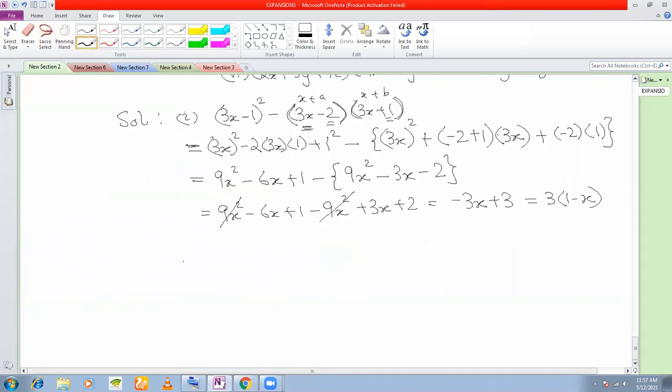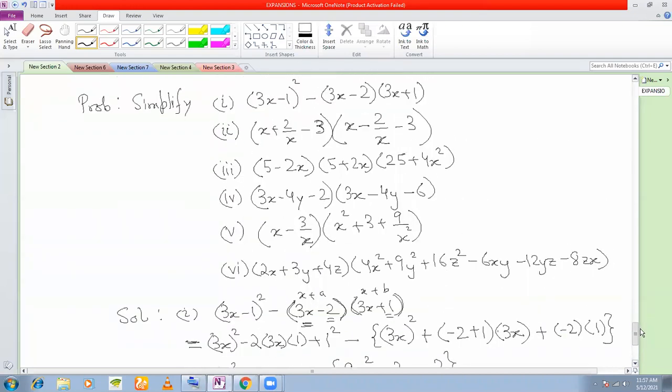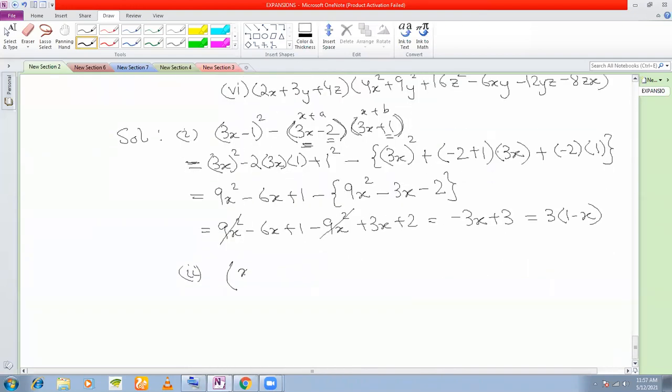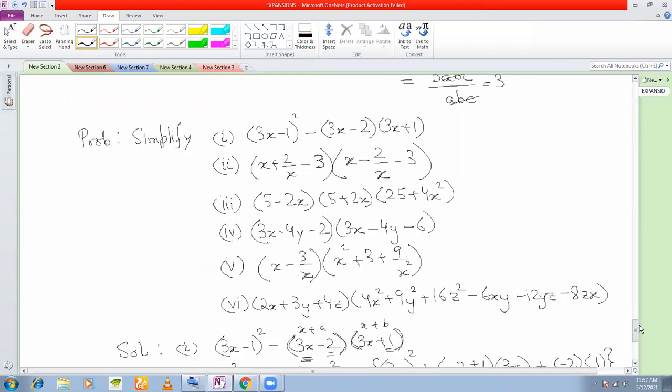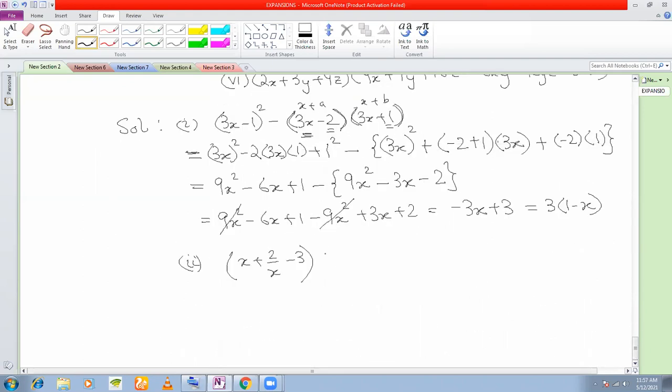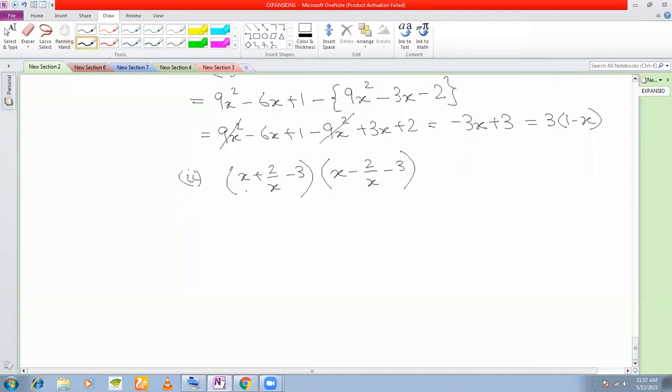Okay, let us see the second one. What we have for the second one? Second one is x plus 2 by x minus 3, that is x plus 2 by x, minus 3, into x minus 2 by x minus 3. See, notice something very interesting here. You have plus x and minus 3. Here also you have plus x and minus 3. But here you have a plus 2 by x, and here you have a minus 2 by x, right? So what you do is you take x minus 3 together